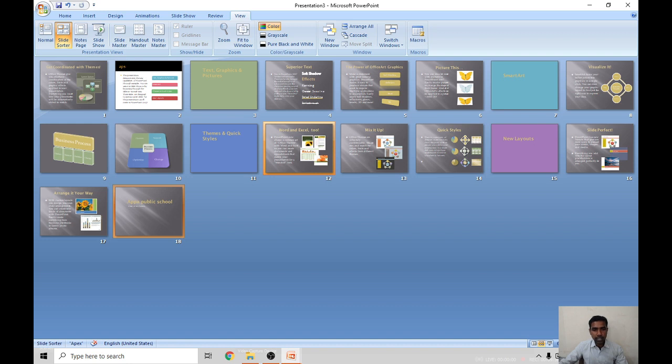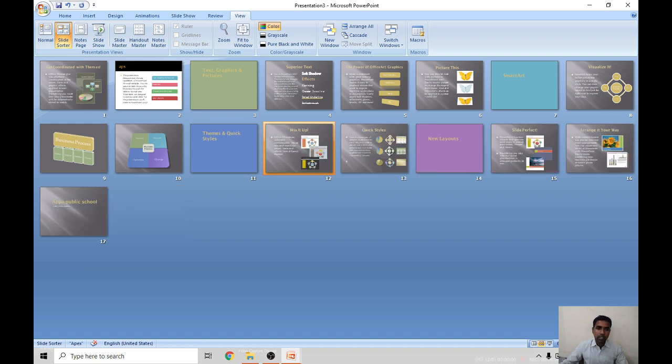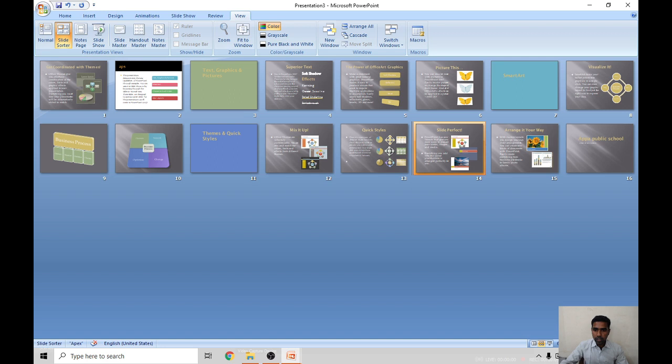You cannot edit the slides. You can delete also. Select the slide which you want to delete. You have to click on the slide and press the delete button from the keyboard. When you press the delete button, that slide will be deleted. In the slide sorter view, you can rearrange the slide and you can delete the slide also, but you cannot edit anything in the slide sorter view. Whatever editing process is there, you have to do in the normal view only, but in the slide sorter view you cannot edit anything. Only you can rearrange the slide and you can delete the slide.